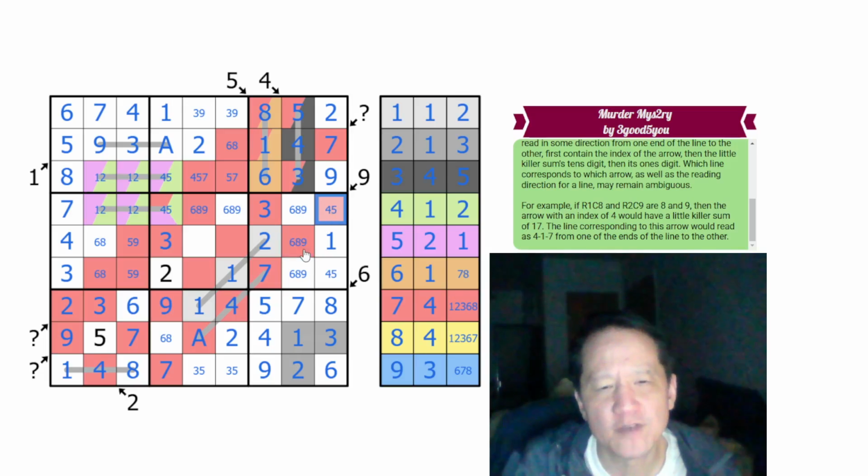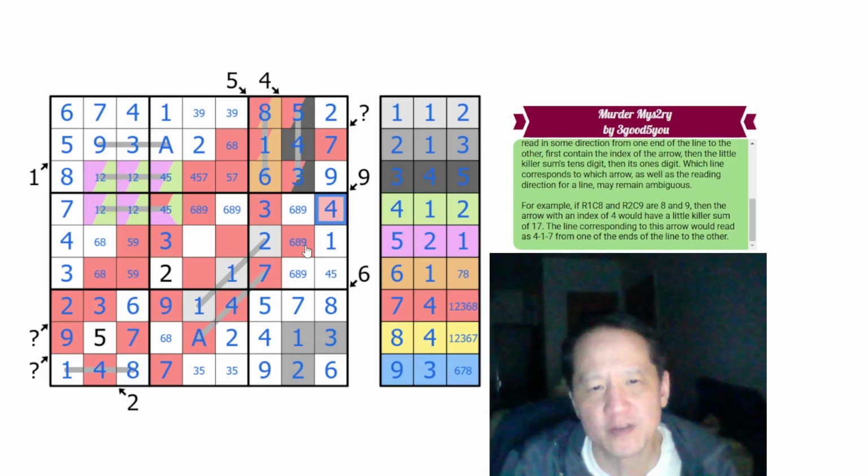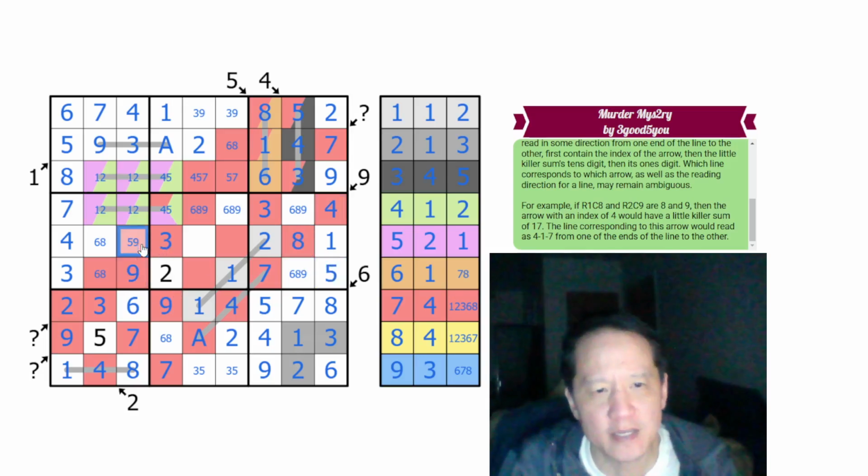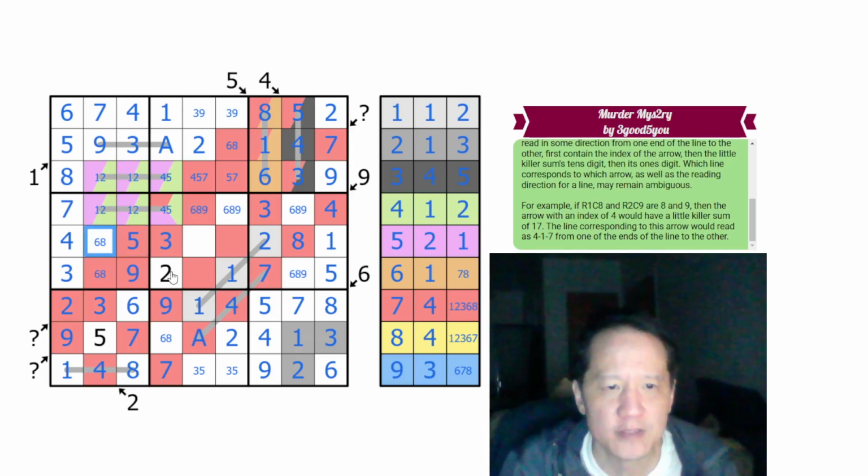Well, 5 and 9 can't add up to 12. 5 and 8 can't add up to 12. 5 and 6 can't add up to 12. So this must be specifically 4 and 8. Which makes this a 5, which makes that 9, which makes that 5. This can't be 8, so this is a 6, which makes that 8. This can't be 4 anymore, so this must be a 5, which makes this 5, 2, 1, which makes this